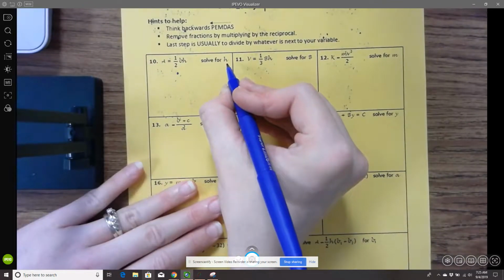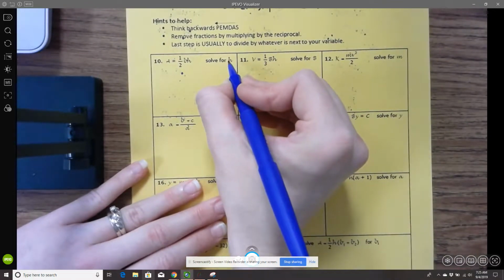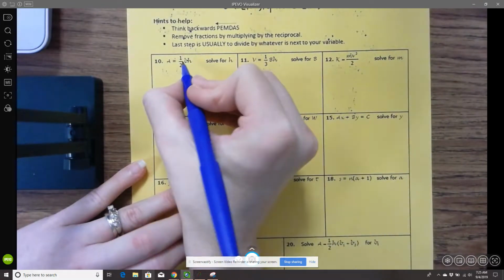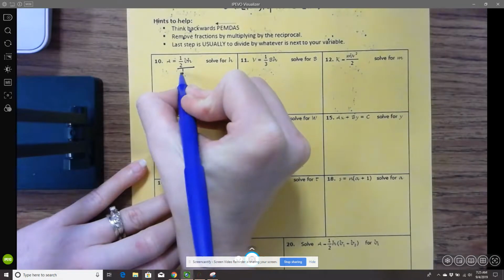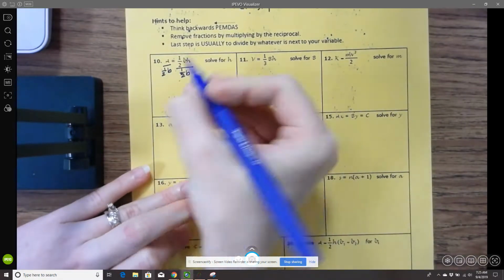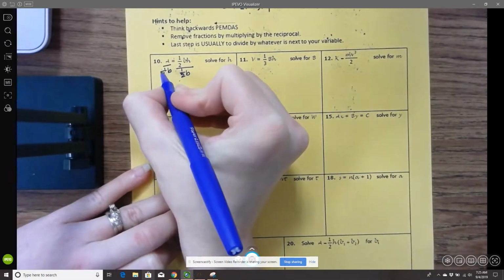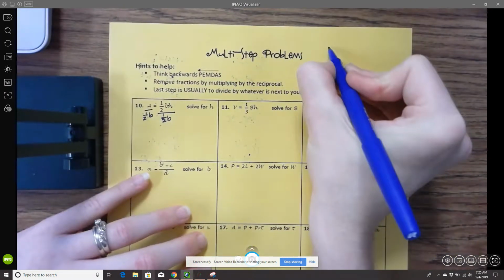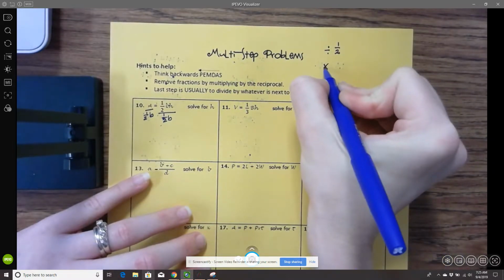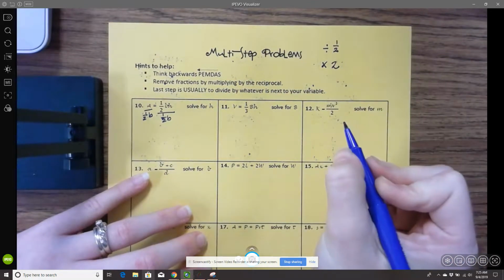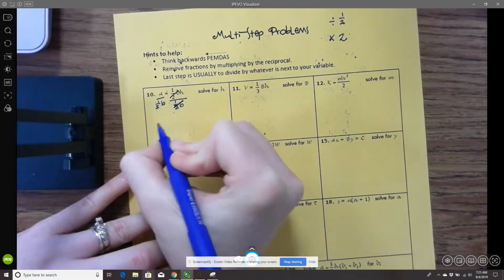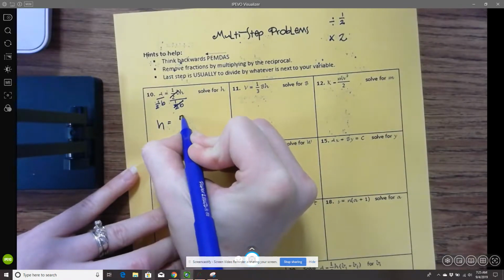So here we're going to solve for H. This one's a little bit different. H is being multiplied by 1/2 B. So I can divide by 1/2 B on both sides. But what happens here when you divide by a fraction, it's the same thing as multiplying by the reciprocal. So when I work this one out, H is going to equal 2A